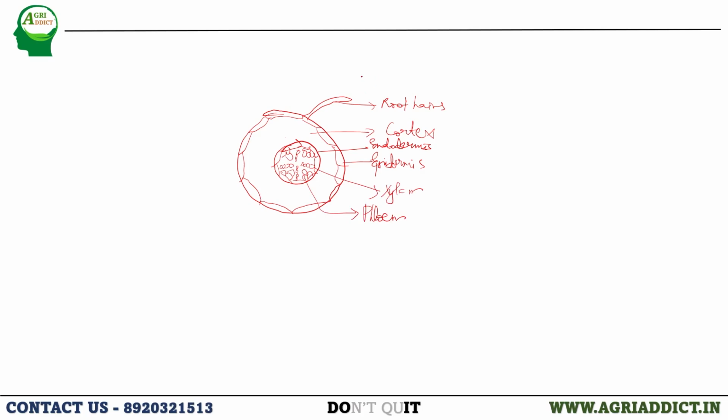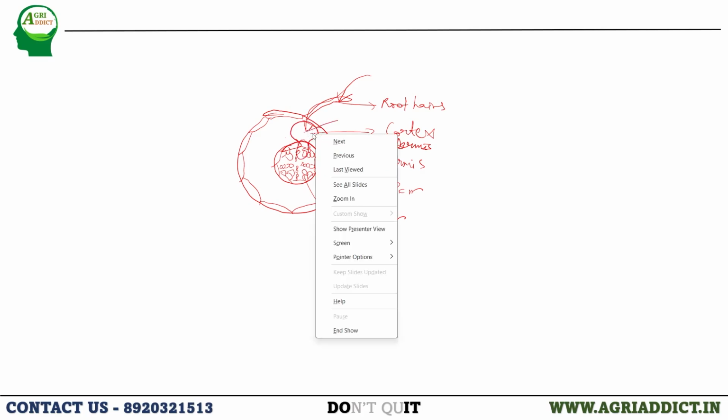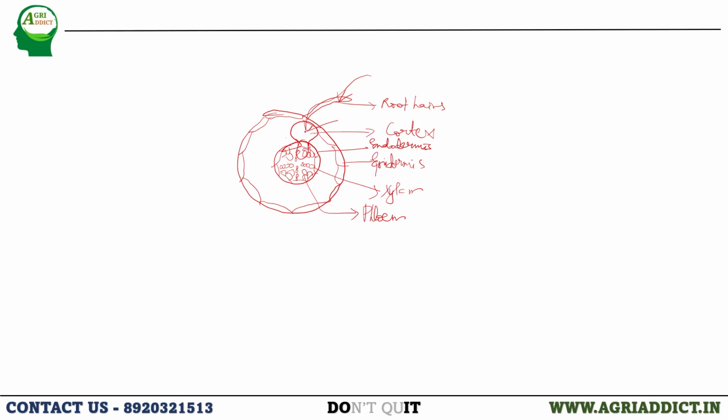Whenever the nematode has entered inside the root hairs, that is, inside the root system, it starts entering like this. After entering inside the root system, it starts embedding, with the head present near the vascular tissue, and the posterior part will be present in the cortex. You can see here, this is the cortex layer. Here the posterior part will be lying inside the cortex layer, whereas the anterior part will be near the vascular tissue. You just remember this point now.